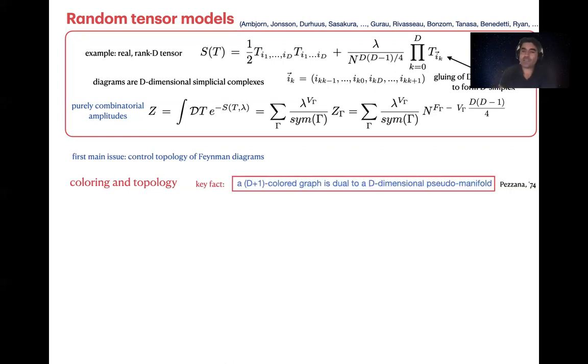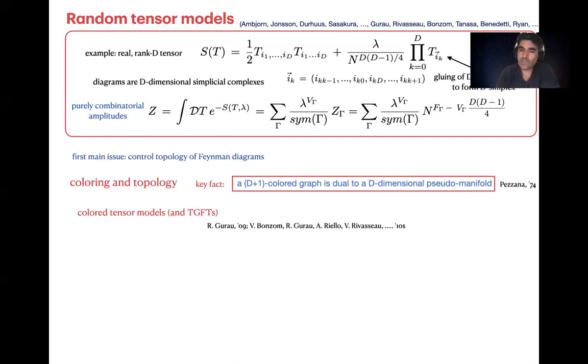The key factor is an old result in crystallization theory, which says that a D+1 color graph is dual to a D-dimensional pseudo-manifold. And this prompted the introduction of colored tensor models, the introduction of coloring in tensor models and